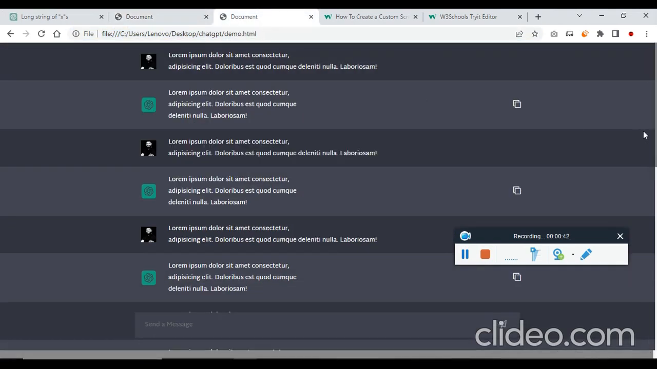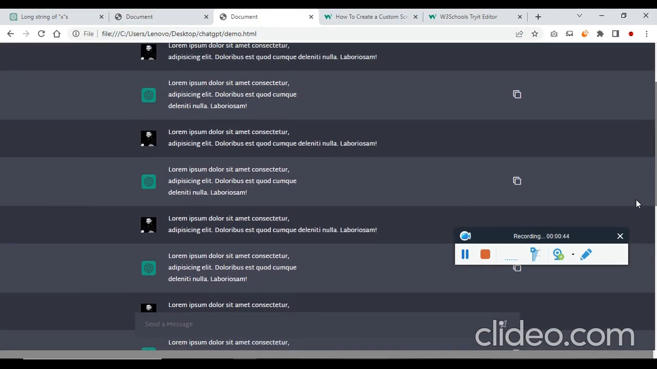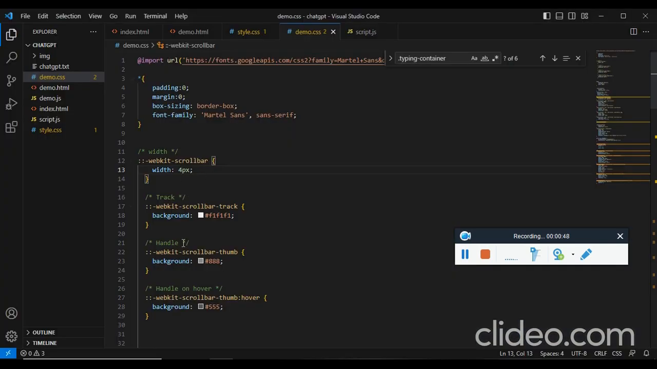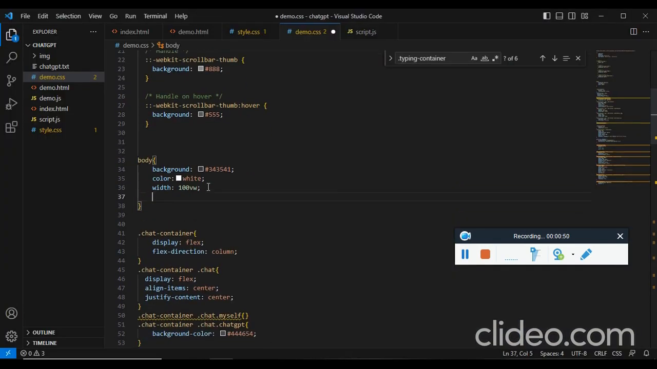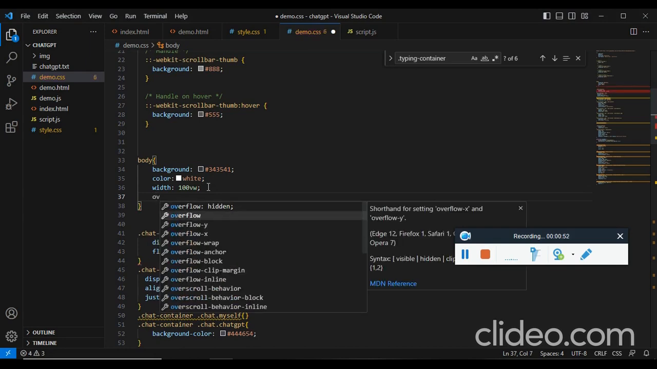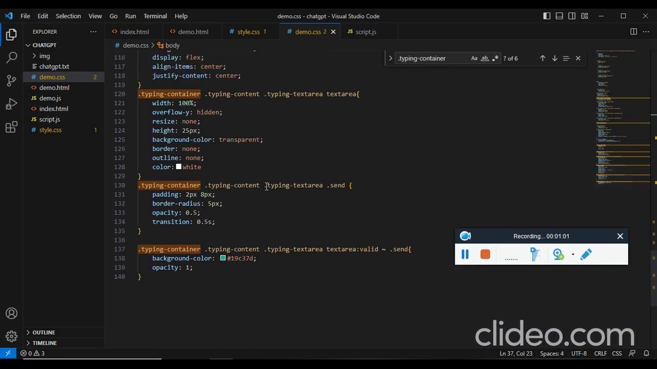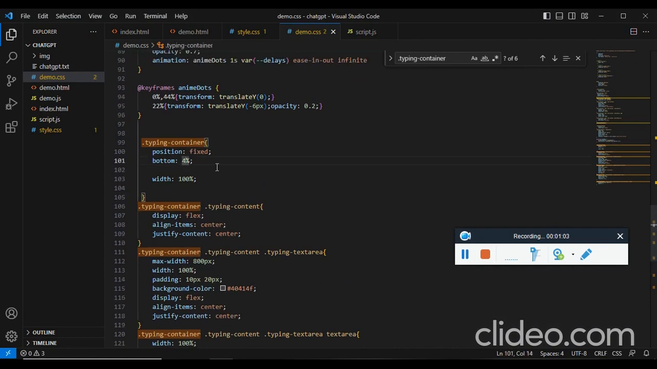And our demo, you can see the demo HTML works perfect. Now we can see there's some scroll bar at the bottom, so to avoid that we can get into the body and give overflow y-axis hidden, and now that's gone. Now we have too much space, so let me just reduce it. Get in the typing container, let's just make this 0,